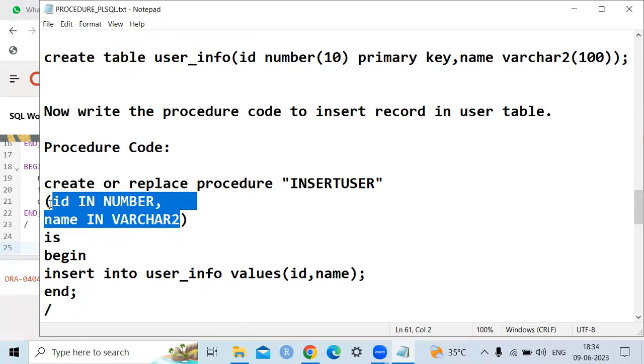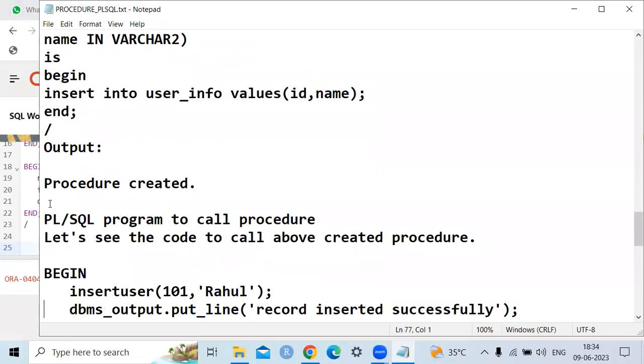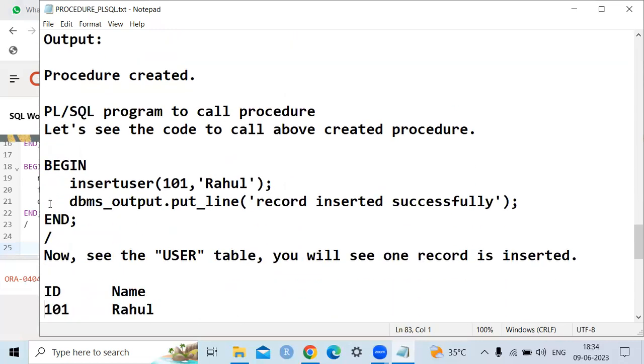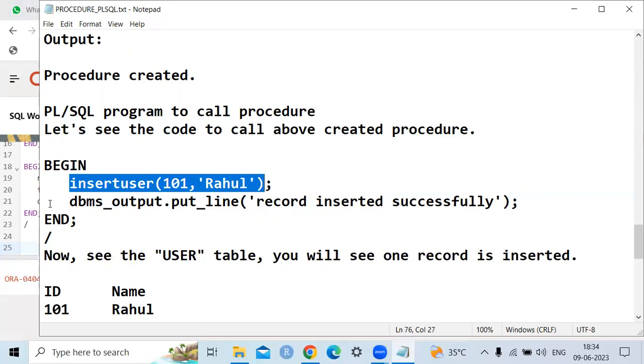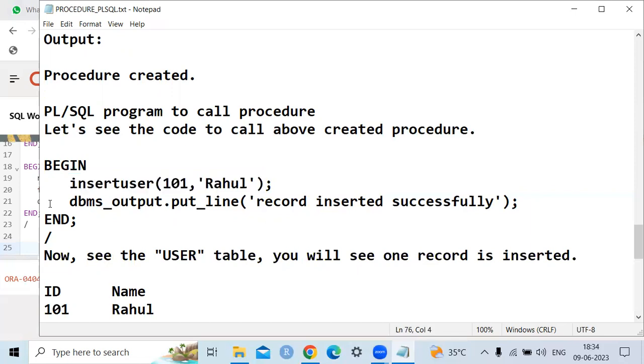So the values we give from the main block will be replaced in the procedure and executed. They will be inserted into the table. When we execute this statement, we get the message that the procedure is created. Now we have to call the procedure like a function. At the begin, I'm using insert user 101 Rahul. This is similar to the function, but the difference is that in the case of a function, the result will be assigned to some variable. But here there is no assignment of